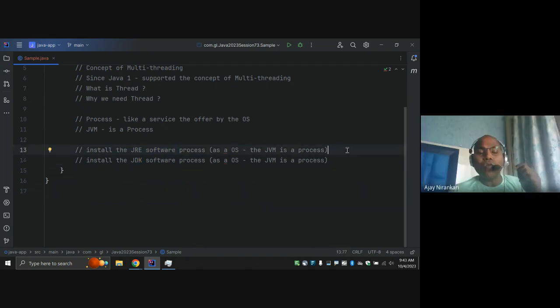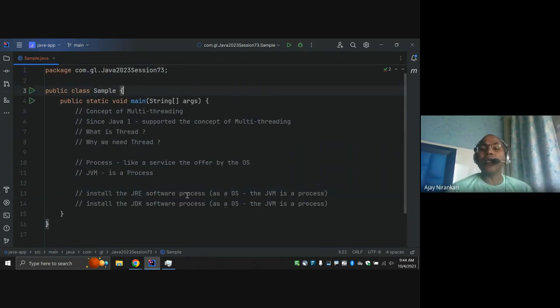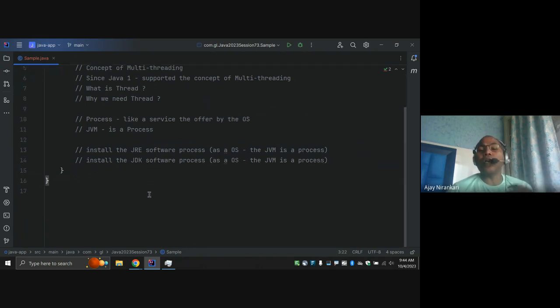So as far as the operating system is concerned, the Java programming language, once installed, is one software component. From the operating system perspective, this is considered simply a JVM process, right? So is it clear what a JVM process is? A JVM process is a kind of service supported by your operating system that helps us run any Java based application or program. Makes sense? Good.